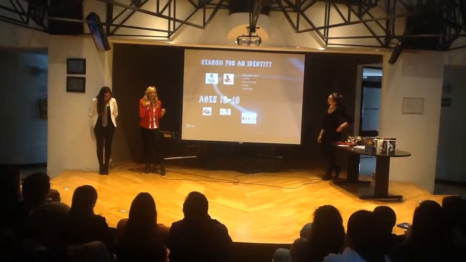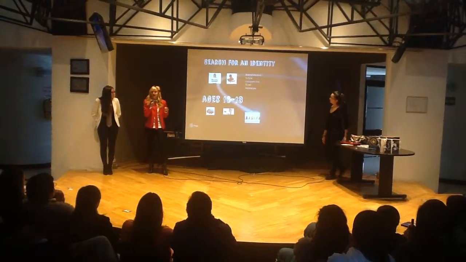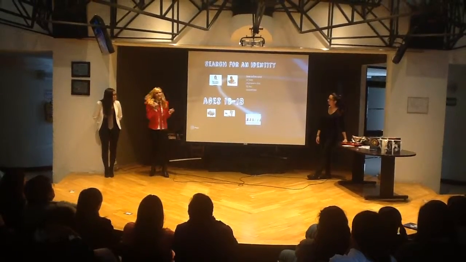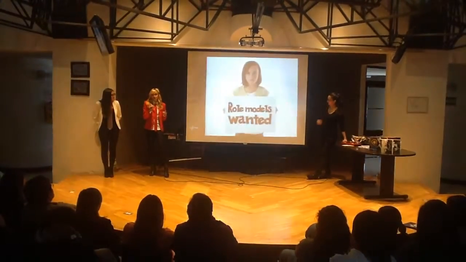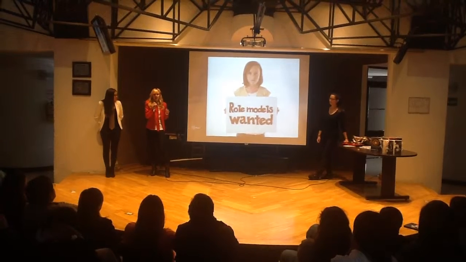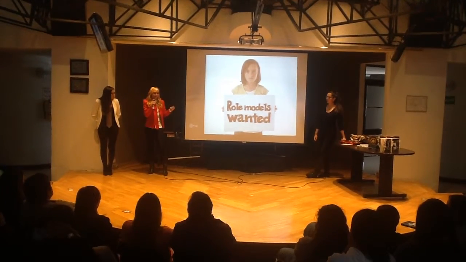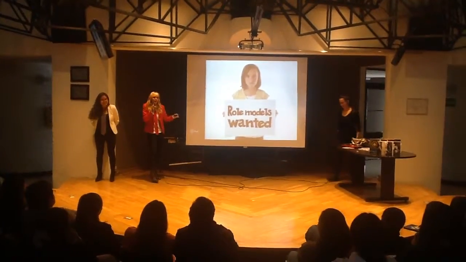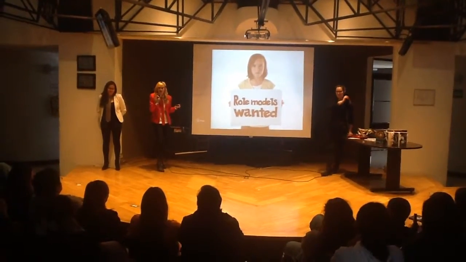So, us teenagers are searching for our identity. That, as I told you, is the ultimate goal of adolescence: find your identity. So, we definitely need a role model. And let's face it, our parents are no longer that role model. So we are going to go outside to the world and find a new role model.